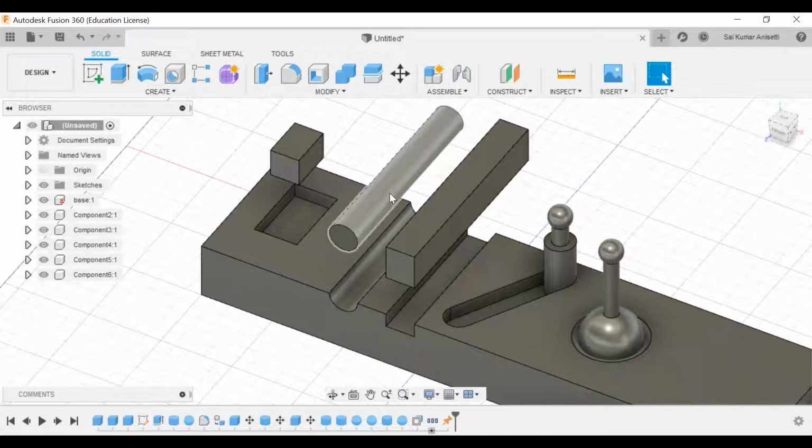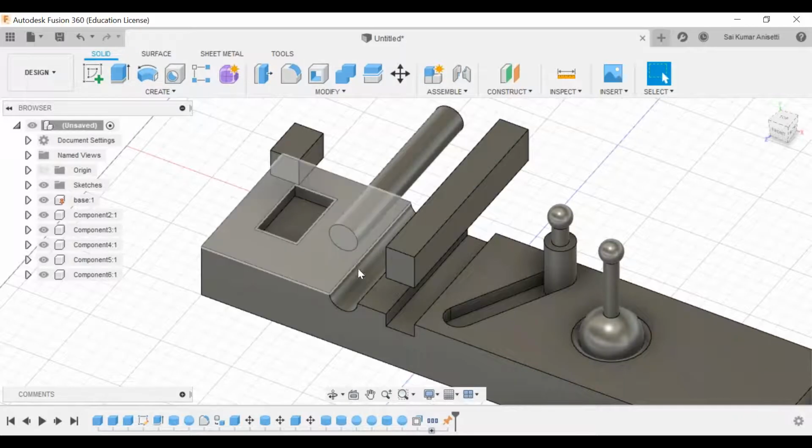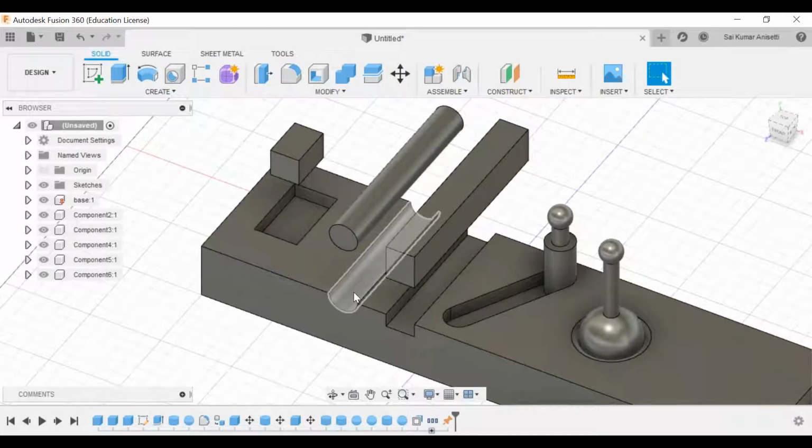Over here you have a revolute joint. Generally this is going to revolve in this given slot. It cannot slide, it can only revolve. Generally you have bearings. You can give a revolute joint, not a cylindrical joint.